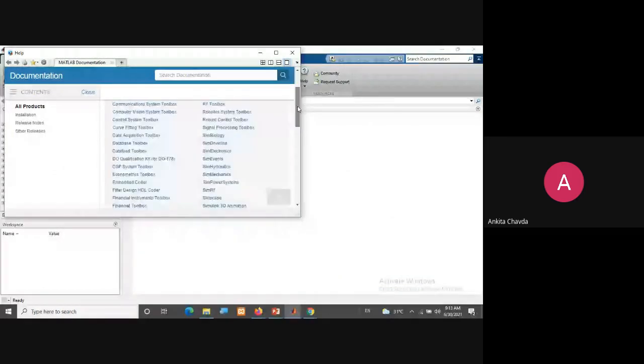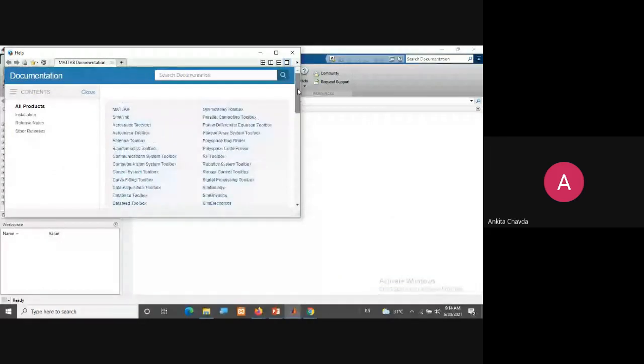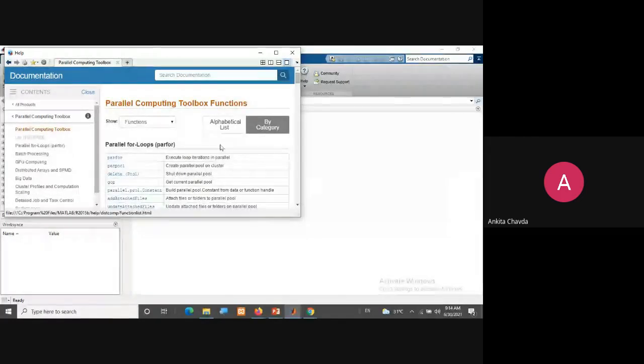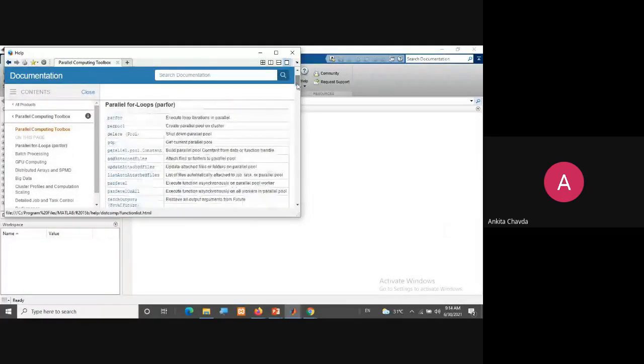Each and every toolbox has its related functions, which are built-in functions that you can directly use, right? If it is about parallel computing, they have examples, troubleshooting, functions, and other references, and so on, right? So each and every toolbox has a number of built-in functions.